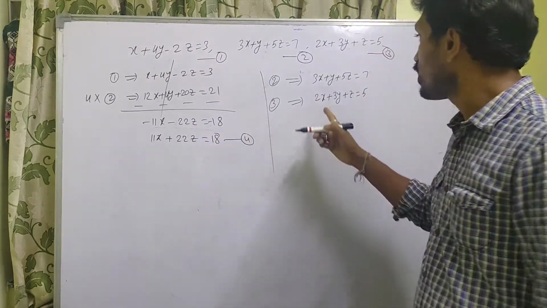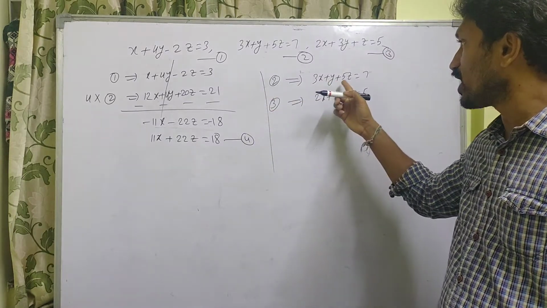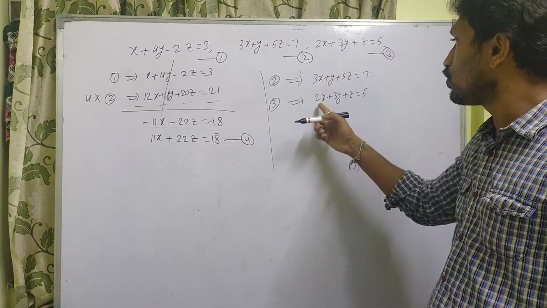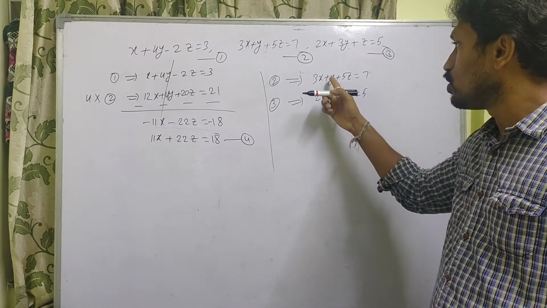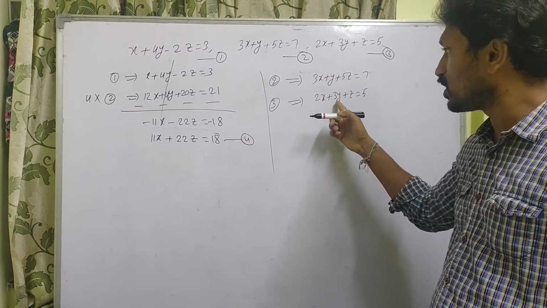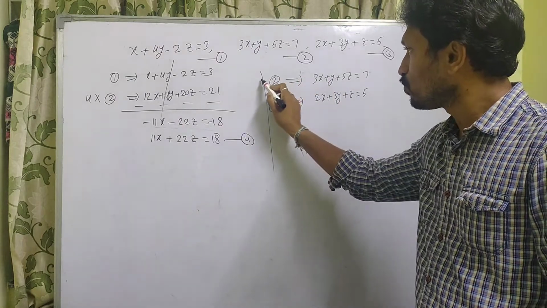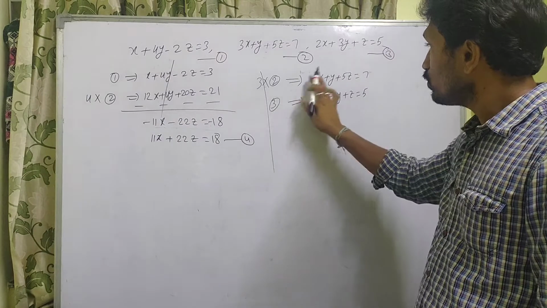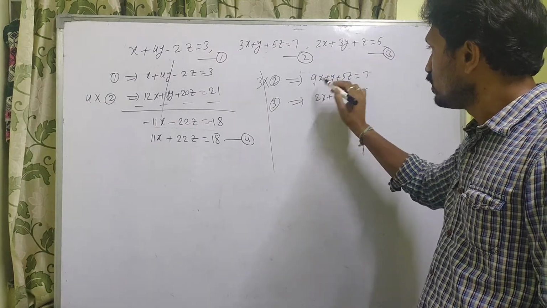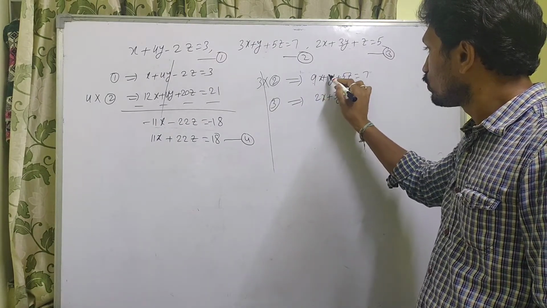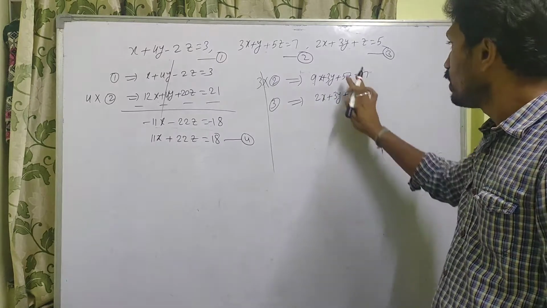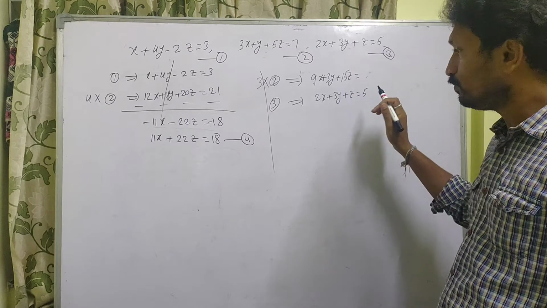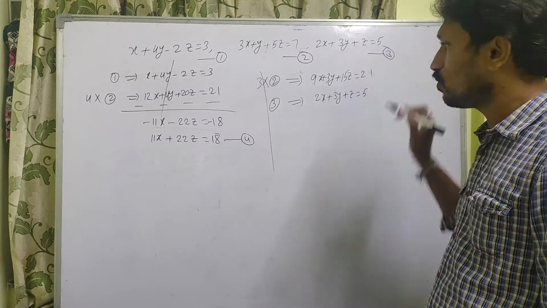Okay. So to eliminate y, in the second equation we have 3x plus y plus 5z is equal to 7. In the third equation we have 2x plus 3y plus z is equal to 5. So here the coefficient is 1, here the coefficient is 3. So multiply the second equation by 3. Now we have 3 3s are 9x plus 3 into y, 3y, plus 5 3s are 15z is equal to 7 3s are 21.